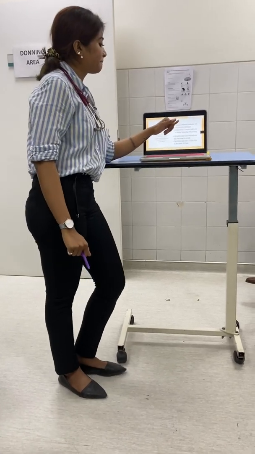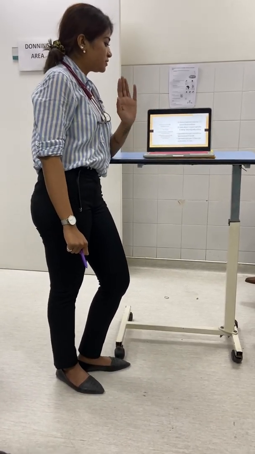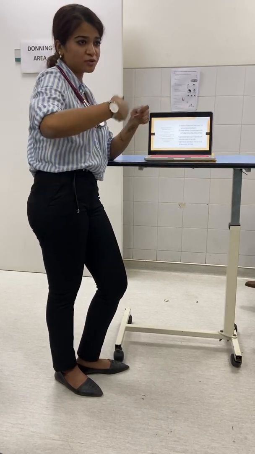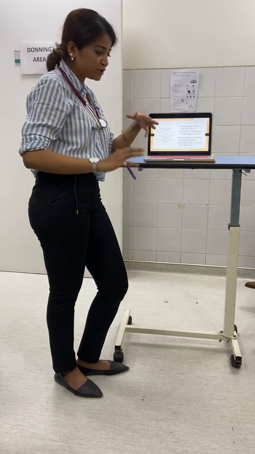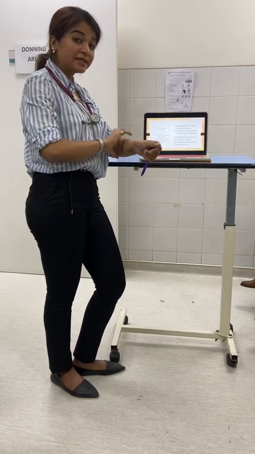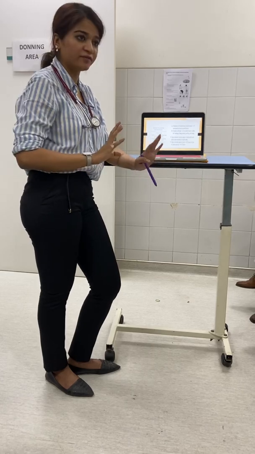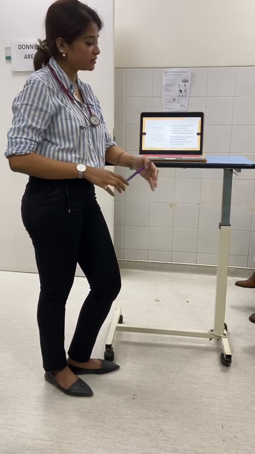Good. Now, in splint plaster techniques, you have to apply soft roll. We put the soft roll to make sure that it's soft and there's enough padding, because in plaster, you know how much heat is going to be produced. It's going to be uncomfortable for the patient. The patient will have thermal burns.